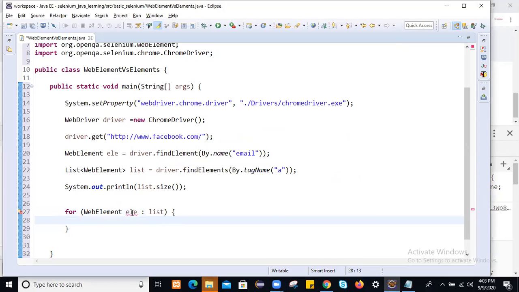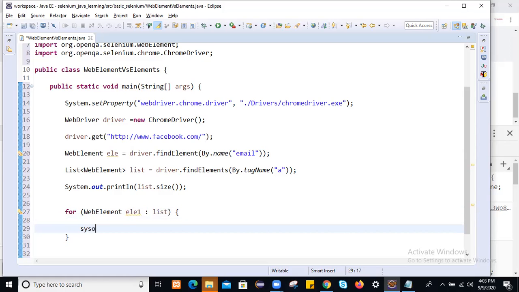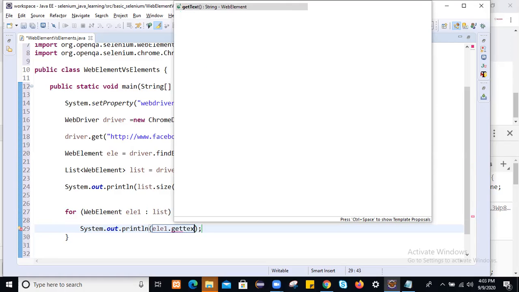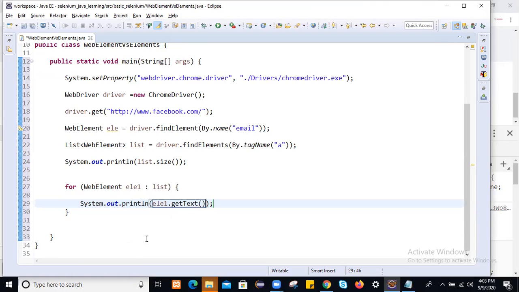So now this is the element. Already we have created an element object here. So here I will create element one. Just retrieve the text for that element, element1 dot getText method is there to fetch the text for that particular variable.